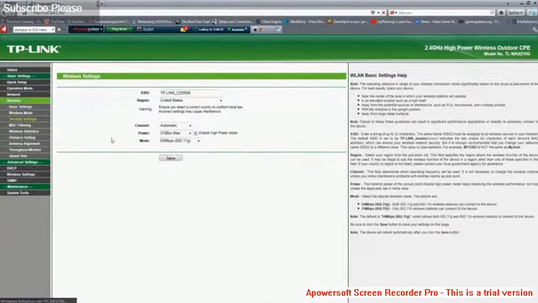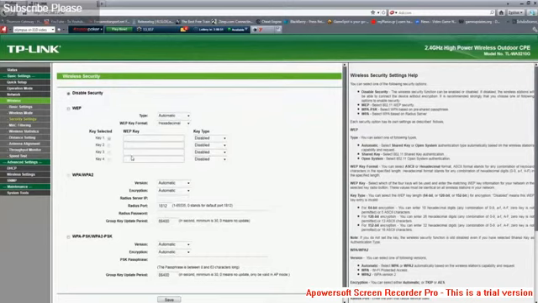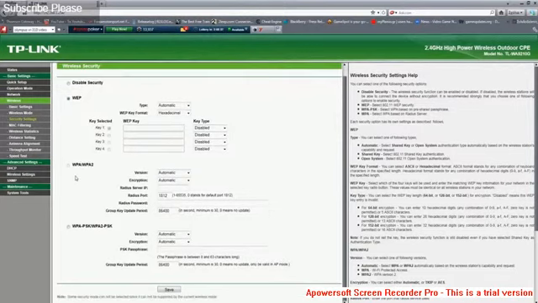So we go into security settings, and if you don't know, go check at your router what kind of security you have on. You should have the security on no matter what. Now my security is WPA, which I'm gonna show just now. You can leave this on automatic, but I chose exactly mine. And then we just put on our password and we're ready to go. And click on the save button and we're connected.